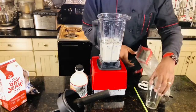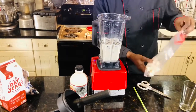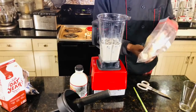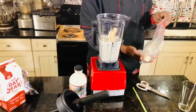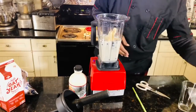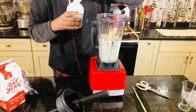Bananas, potassium, magnesium, vitamin B6, vitamin C. I'm gonna do 2 of these. Boom. I might as well go 2.5. So right now, also, we'll use a little bit of maple syrup to kind of give it